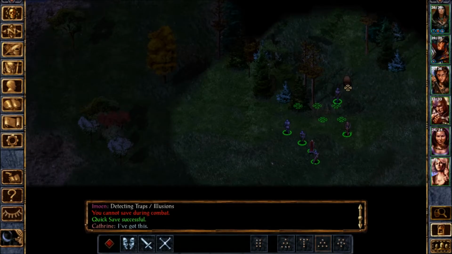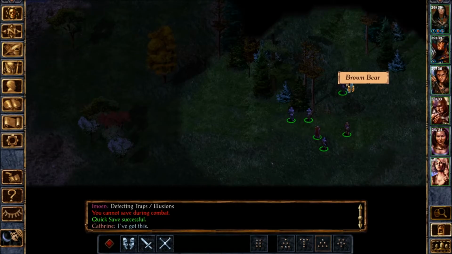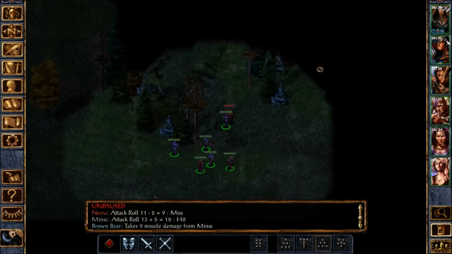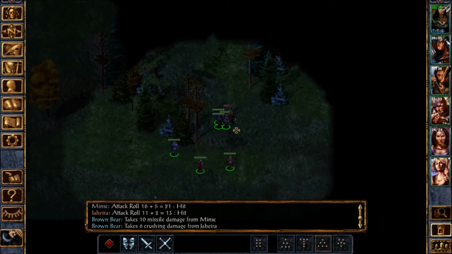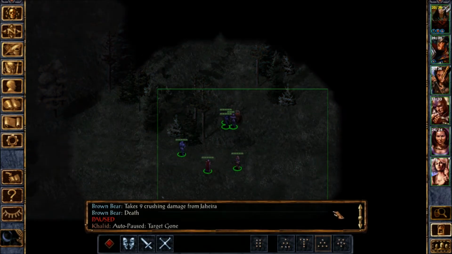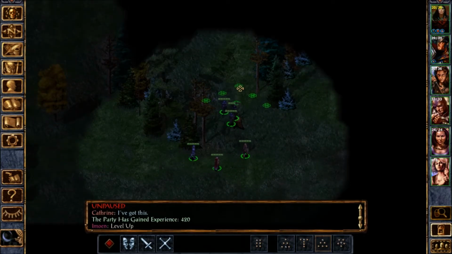Does it just randomly decide to attack you? Preemptively attack you? It seems kind of shitty, but...